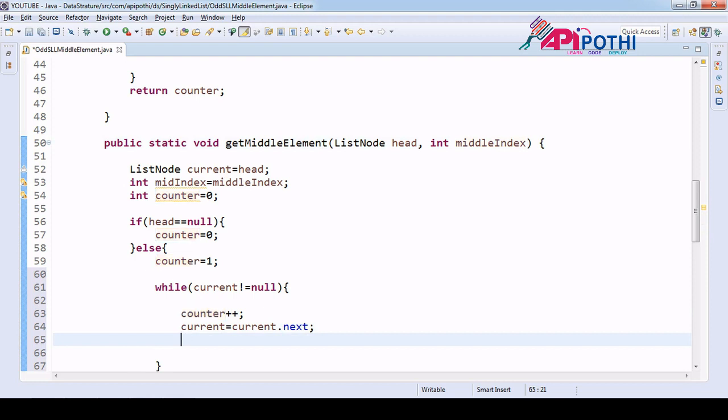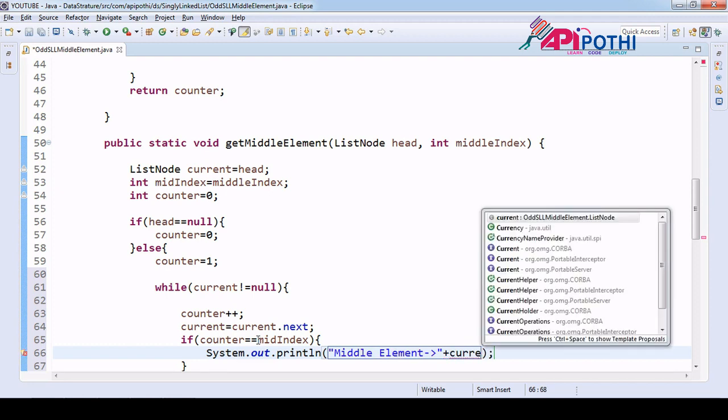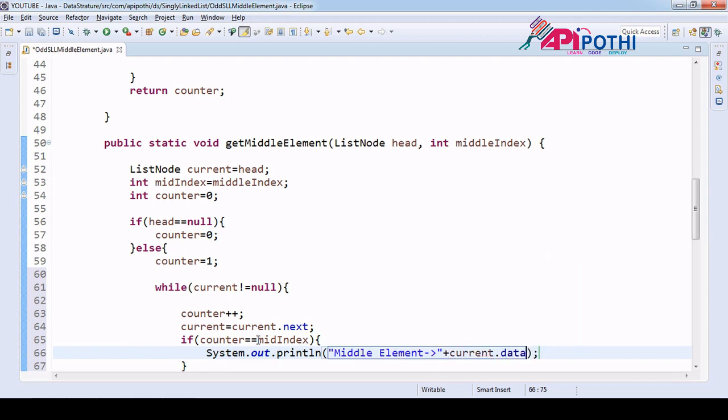So we can say that if the counter, which is capturing the movement, equals the middle index, then please get me the value. The value is the middle element. What is the middle element? current dot data. This will give you the value,